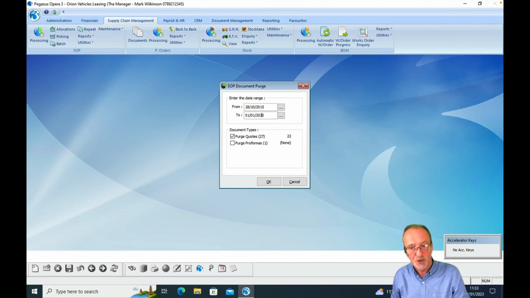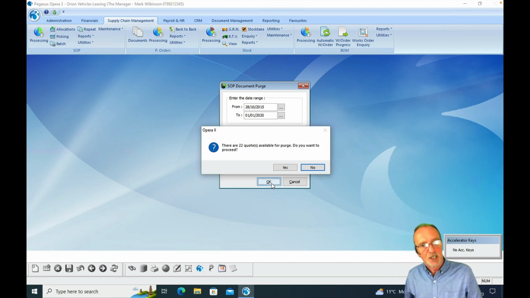You can see now I've got 22. Within that date range, it's highlighted one pro forma, but it's actually none within the date range that I've selected. What I want to do now is purge all those quotes, because the chance of these coming to fruition might not happen. If I click OK on that, it gives you another warning saying there are 22 quotes available. Do you wish to proceed? The default is no, for obvious reasons. If I click no, it brings me back to the screen, and then I go through the process again. So if I say yes to that,